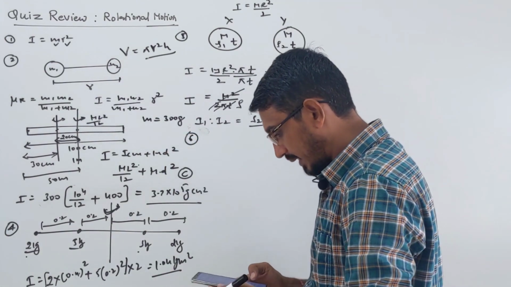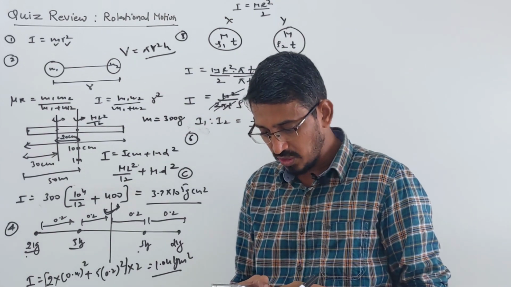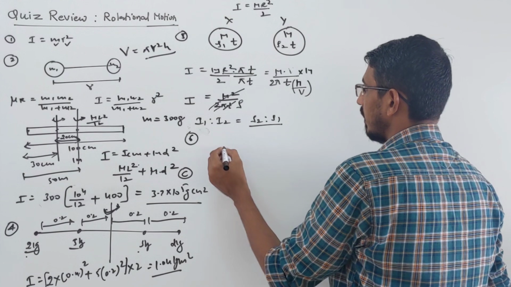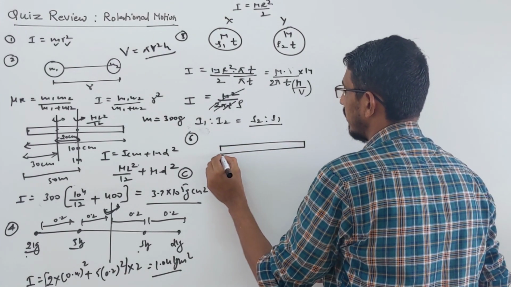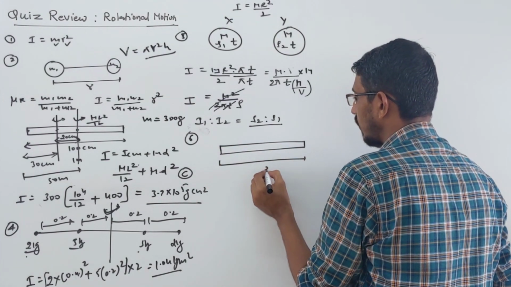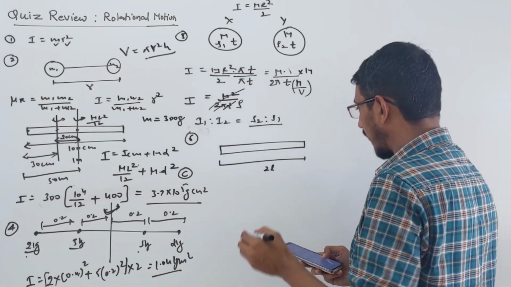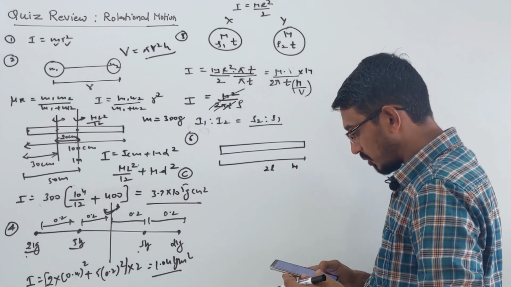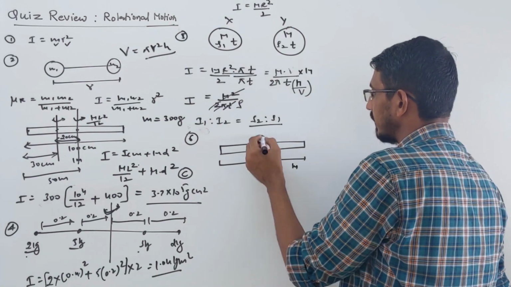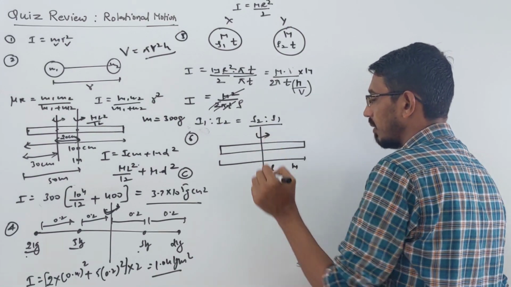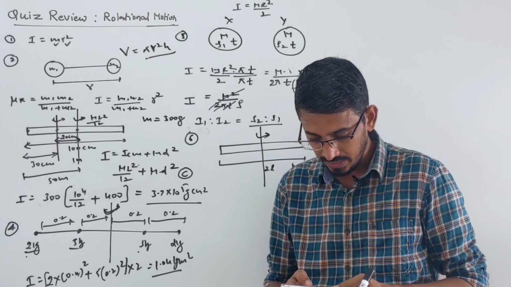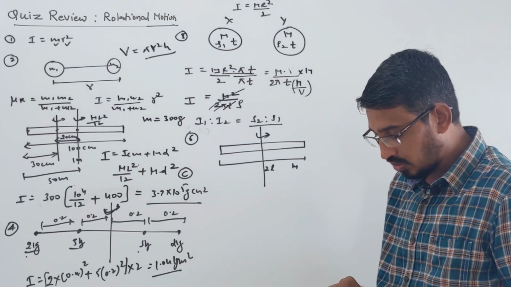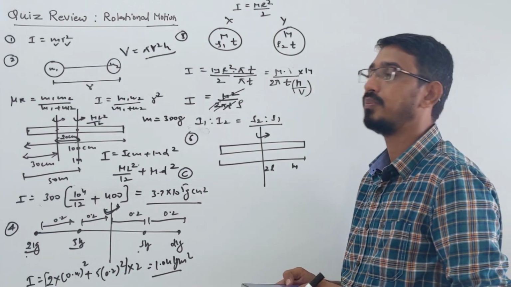It says that a thin rod of mass m and length 2l is made to rotate about an axis passing through its center. The rod is given with length, keep in mind, 2l, and mass m, and is made to rotate about an axis passing through the center, perpendicular to it. It rotates about the center of mass. If the angular velocity changes from 0 to omega in time t, what will the torque acting on it be?